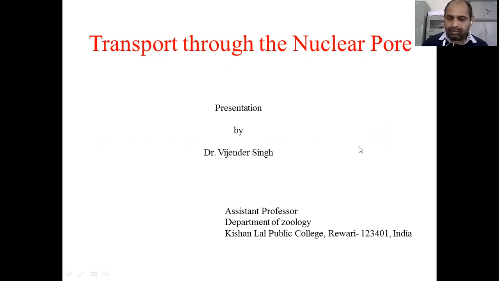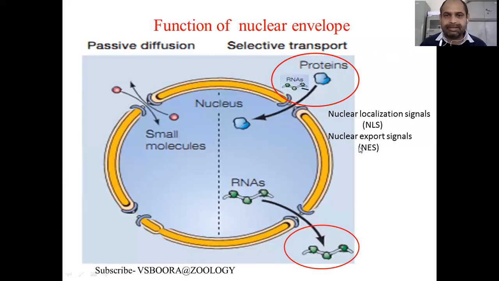There are two types of molecules, small size and large size molecules. Small size molecules easily cross the nuclear membrane through the nuclear core, which is known as passive diffusion. These may be nucleotides, molecules, or ions, and large size molecules, that is protein or RNA, are imported or exported selectively through the nuclear core.